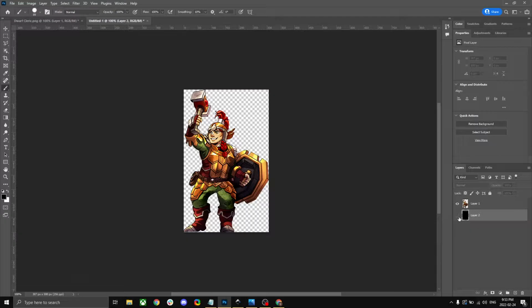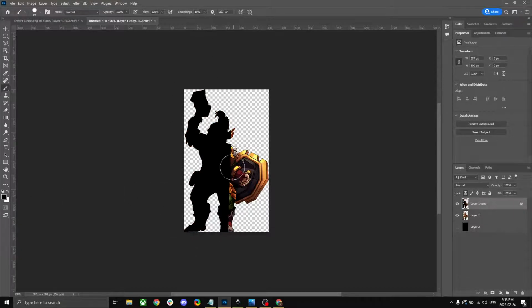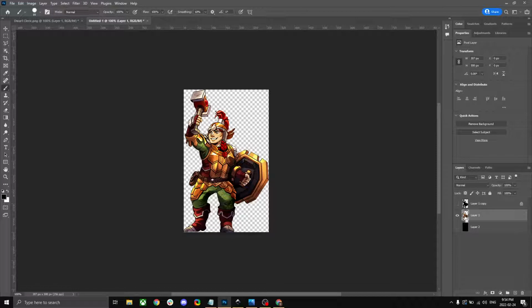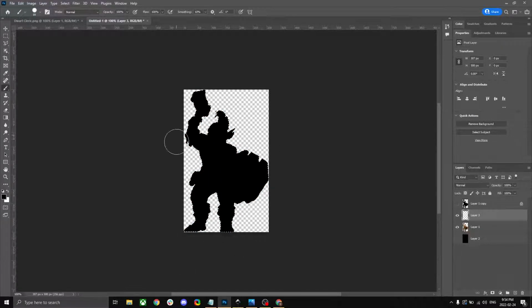And now that I have this, I also need to make a copy, Control J. I need to make kind of like a blacked outline of this. So I select this here, which lets me paint only within what's already there. And then I just, using a black color, color everything inside it. There's a couple of ways. If you don't know how to do that, you can just Control-click to again select everything, and then add a new layer, and then paint everything inside, right? Doesn't matter how you get it done,